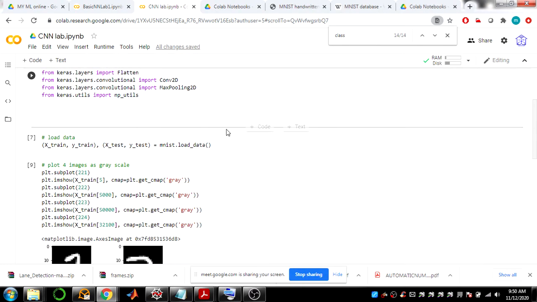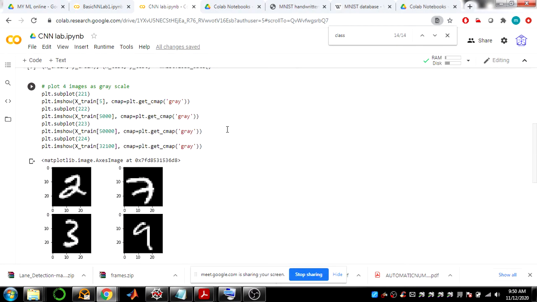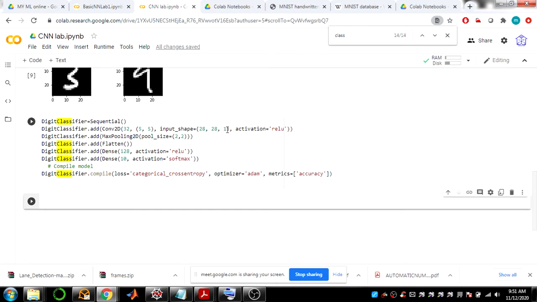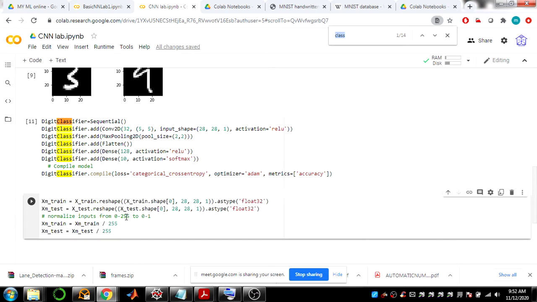Normally we need to apply some sort of pre-processing to our images. Before we feed our images to a convolutional neural network, or any neural network or machine learning example, our task is to first verify and check if any pre-processing has to be done on the given image. So let's do it. Scale of 0 to 1 is one pre-processing we are applying, and we are applying reshaping too.